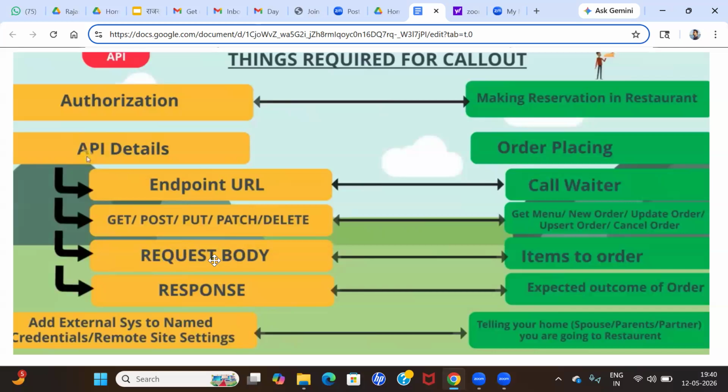Now request body. Whatever you are seeing, these all come under the coding part. In Apex only you can see these things. This is very important. If you understand this, you can achieve your requirement with the help of your logic. You know how to do the logic, correct? So now